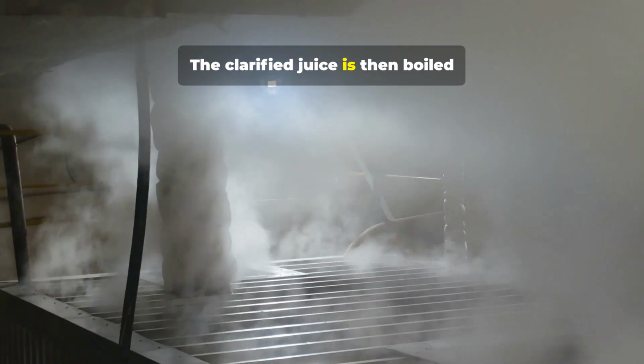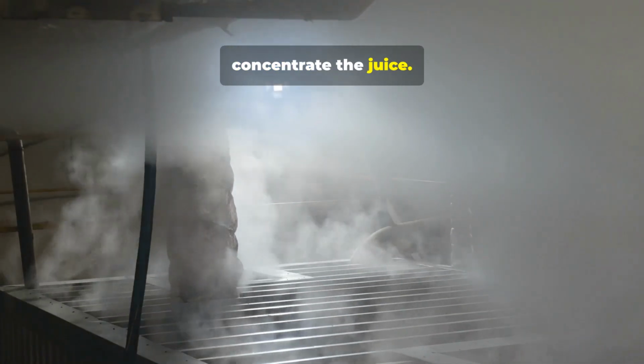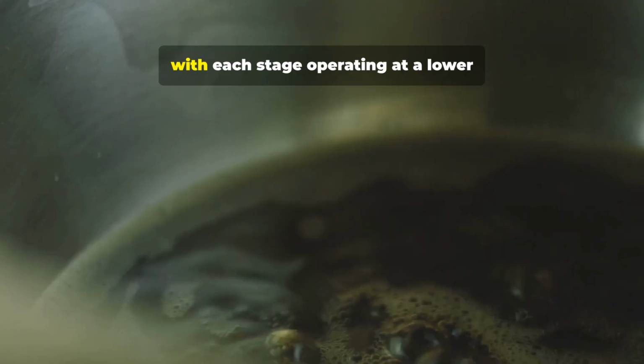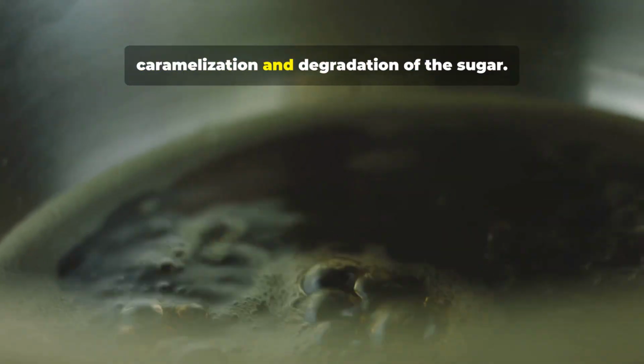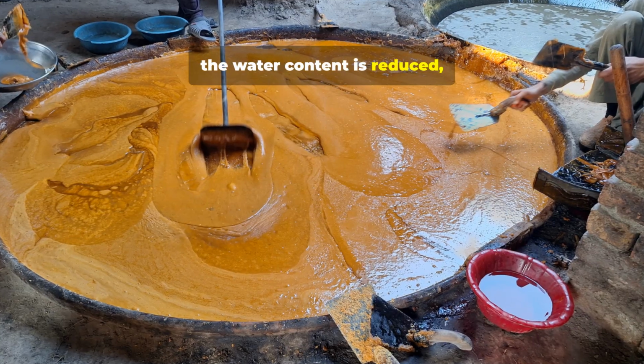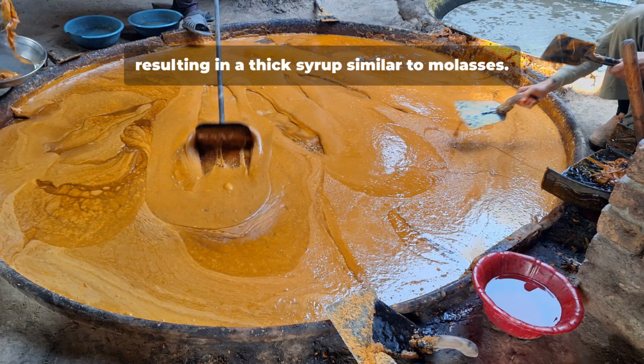The clarified juice is then boiled under vacuum to remove excess water and concentrate the juice. This process is typically done in a series of evaporators, with each stage operating at a lower pressure and temperature to prevent caramelization and degradation of the sugar. As the juice is heated, the water content is reduced, and the sucrose concentration increases, resulting in a thick syrup